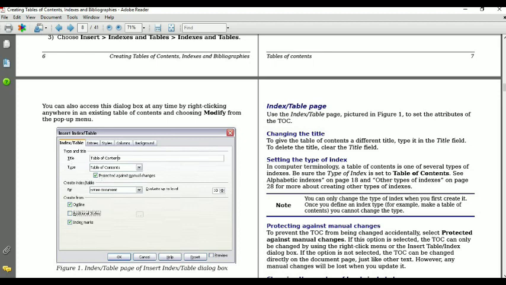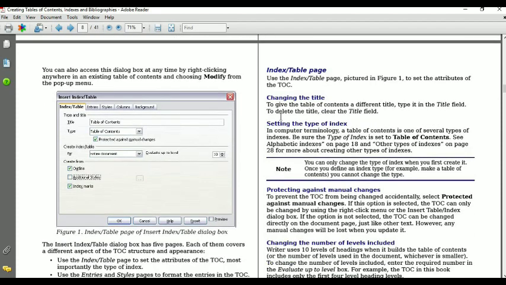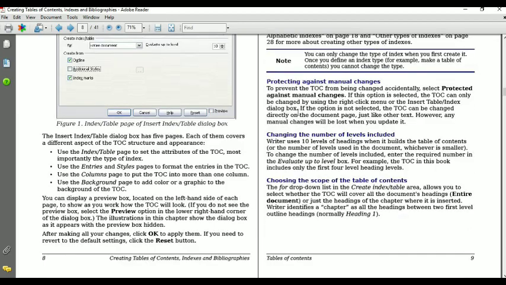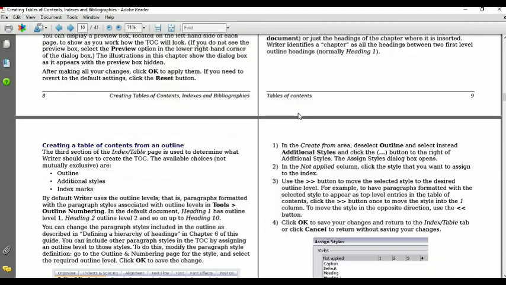If you want to change the title, change its type like this. If you want to reduce the number of levels, you can reduce from here. Check or uncheck these options like this. So various options are available here. You can read from here and make the changes. Is it clear?